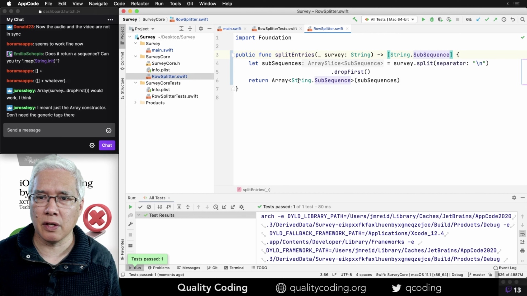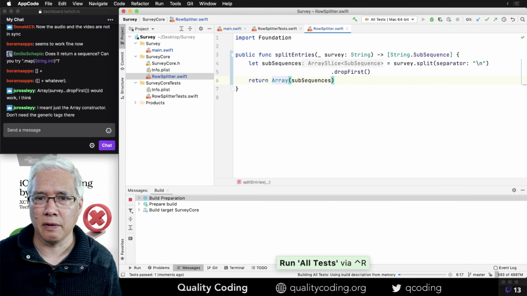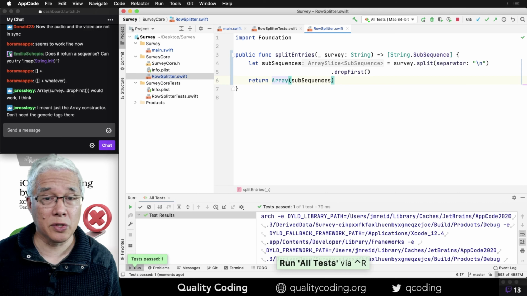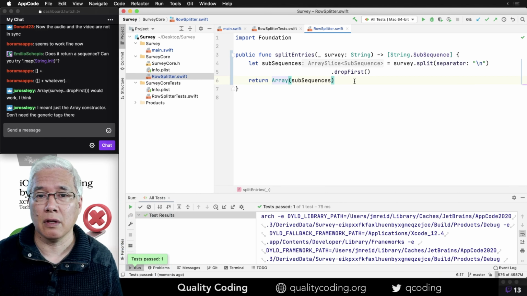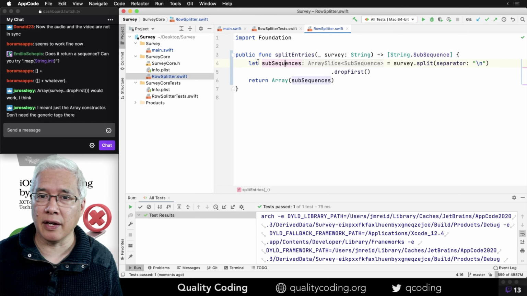Don't need the generic tags. Let's see. Right you are. I should be able to inline this. Unfortunately, AppCode still does not have an inline.